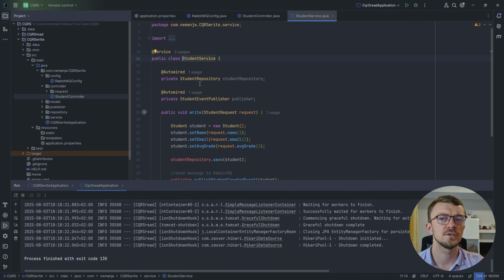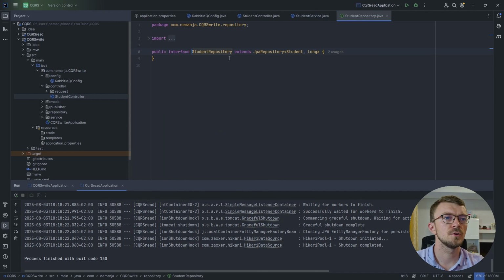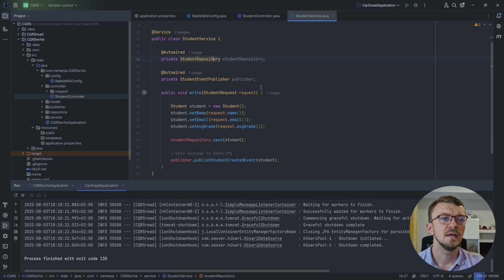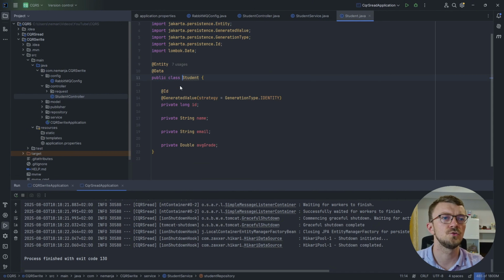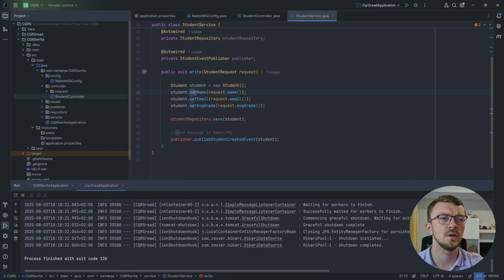Student service has a reference to the student repository and a student event publisher. Student repository is a JPA repository that works on the Student class, with Long as the ID parameter. And here we have created a new object of type Student. Student is an entity which will be saved in a database. The ID is auto-generated. And we have set the name, email, average grade,